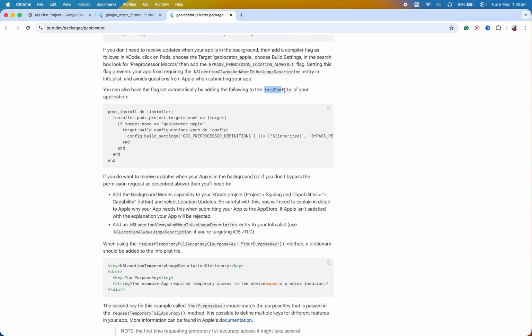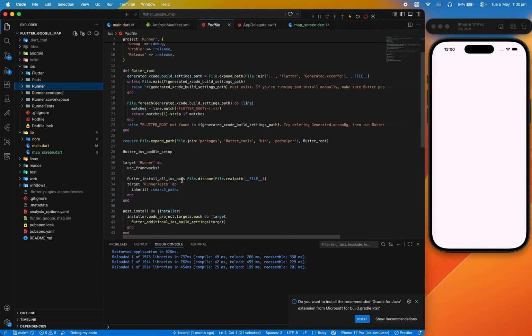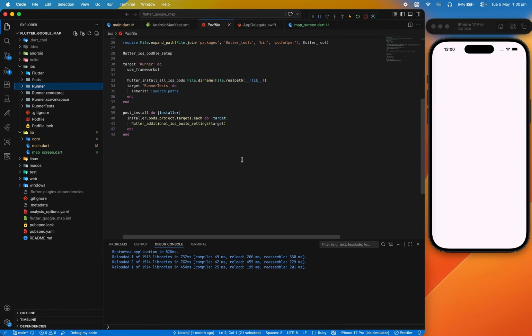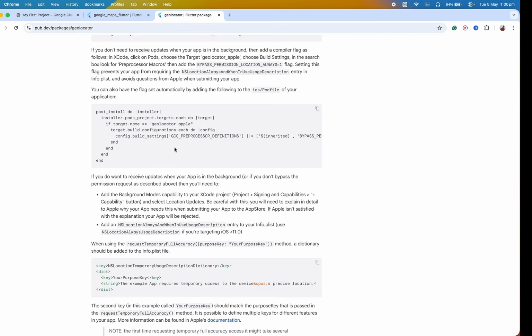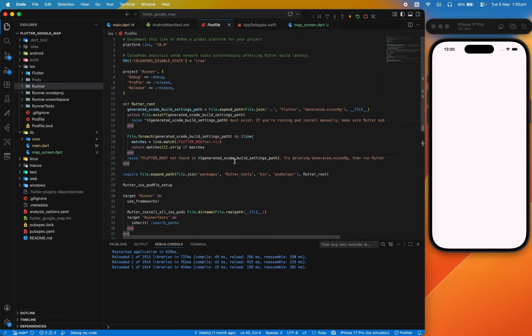After that, inside your Podfile, you need to add some target build configuration. Inside your iOS folder, here will be the Podfile, and inside your Podfile, if you want, you can add this, or if you don't want, it will not be mandatory in the latest update. I didn't add anything here in my Podfile, but don't forget to uncomment this platform iOS and set